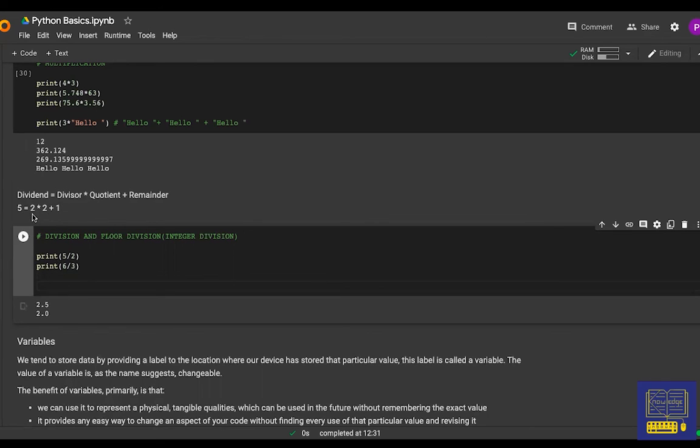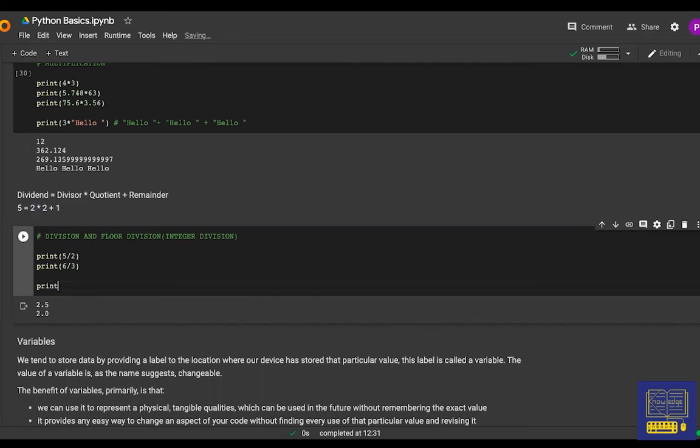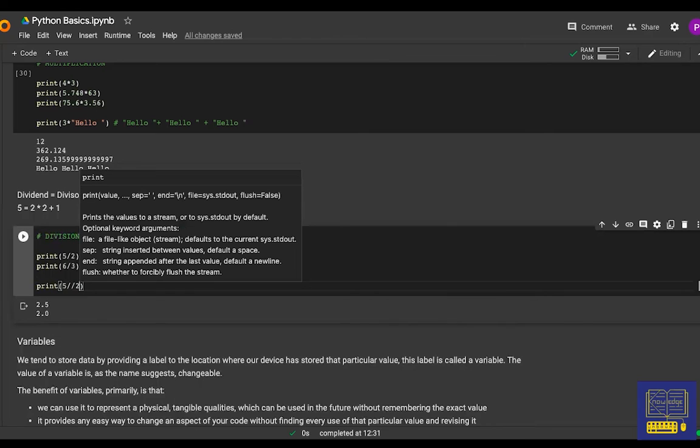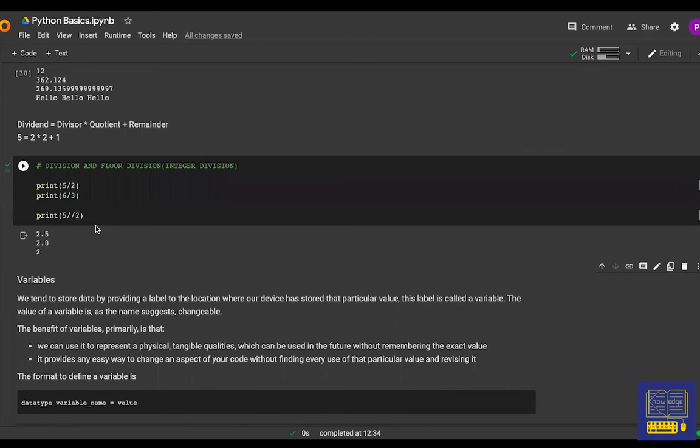But when it comes to floor division, I start caring about this. So when I do floor division, if I write 5 by 2, so I say "floor by". It's actually not a technical term, obviously. It's just easier for me to remember. So 5 divided by 2 using floor division, or 2 oblique marks, is basically us only considering the quotient. Obviously when you divide, you have quotients and remainders. When I do something like this, I only want the quotient. So I'll get 2 over here. Why? Because when I divide 5 by 2, I will have 2 as my quotient and 1 as my remainder.